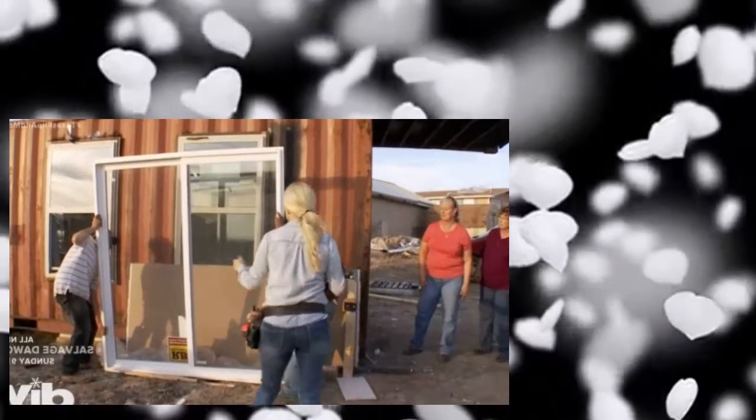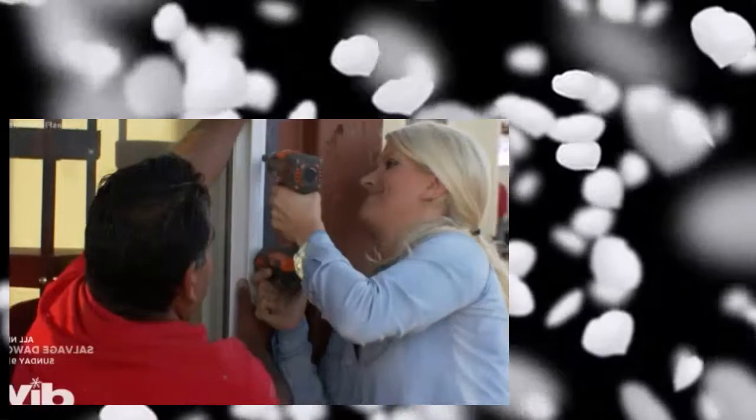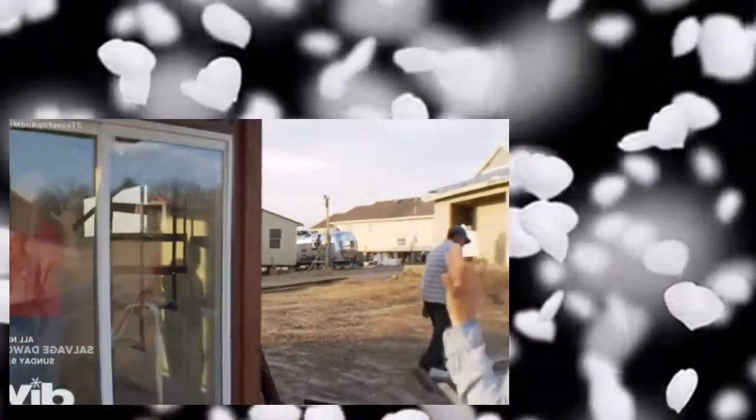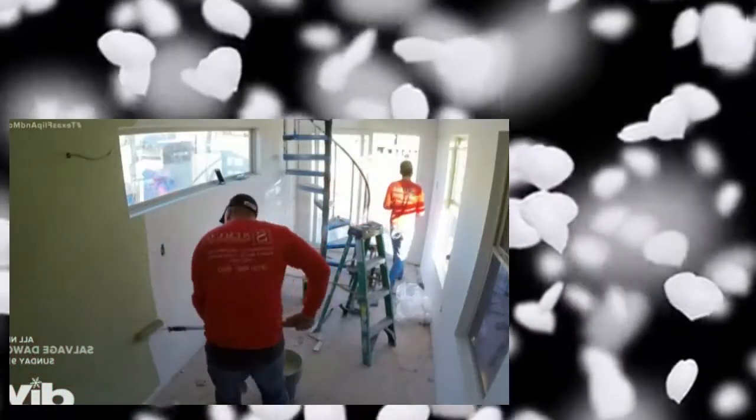Careful. Over at Donna and Tony's, the next fixture to go in is a 6-foot sliding door. "What do you think? Hello. It's really good." With the drywall finished, it's tank time. Donna and Tony are going for autumn colors with a gentle shade of avocado green, and complementing wallpaper upstairs. But just when everything's going to schedule...